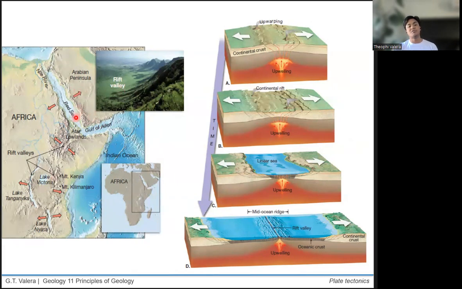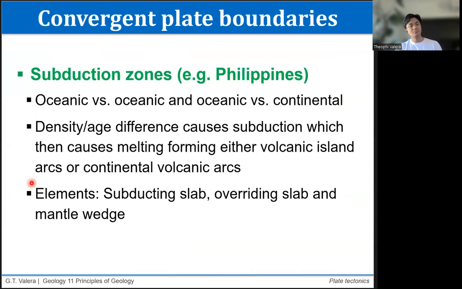You have oceans being formed eventually from what was originally continental rift. And then areas naman of subduction or areas of convergence. Okay, so convergent plate boundaries naman, where areas where plates collide. Again, you have two types of crust. You have oceanic and continental, and therefore you have oceanic-oceanic, oceanic-continental, or continental-continental.